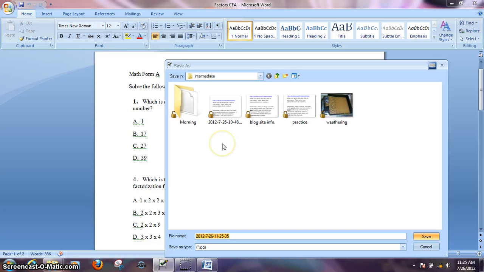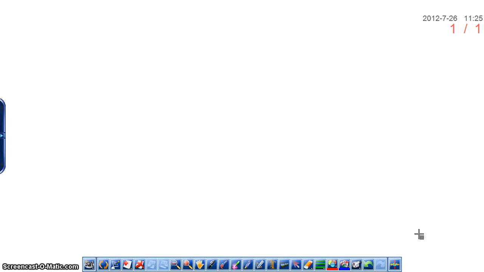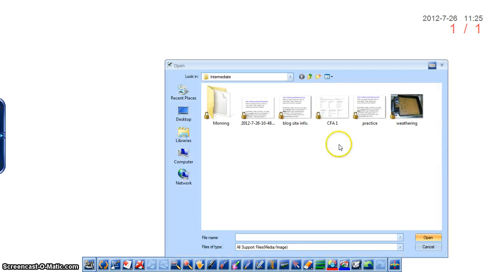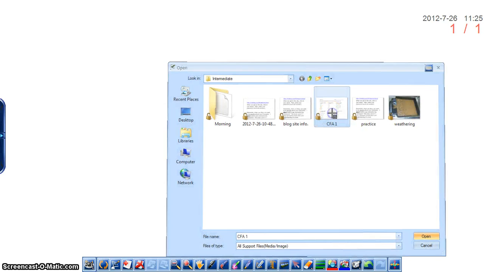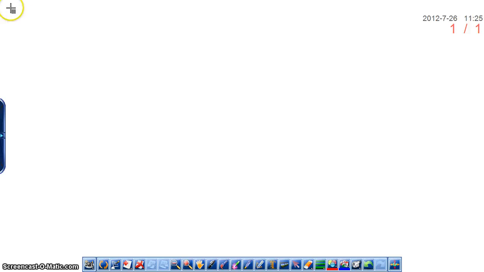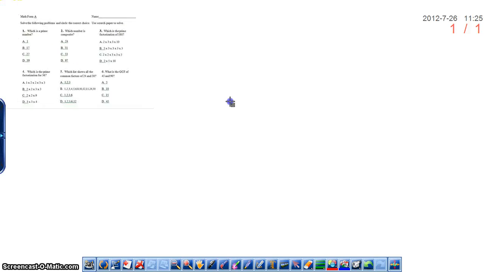This is my folder that I've set up, and I can organize this better at a later date. I'm just going to call this CFA, we'll just say CFA1, and it saves it as a JPEG down here. I'm going to click Save. Going back to my whiteboard, I'm going to go over to the media strip, click on the media strip, go up and find my CFA, I'm going to double click on it, and then I can click, drag and hold,